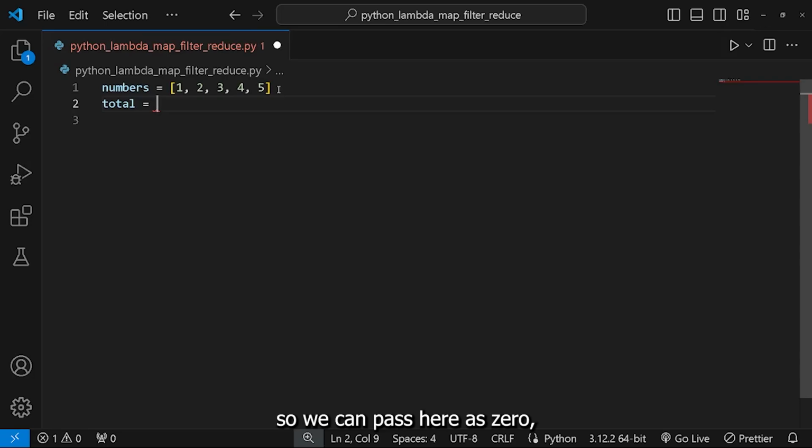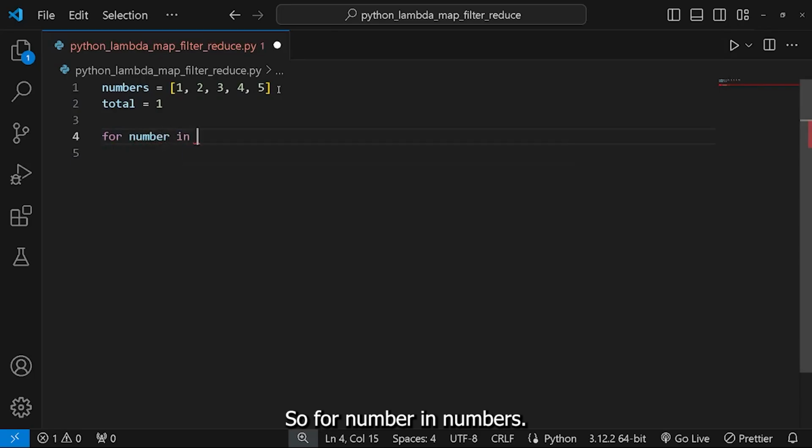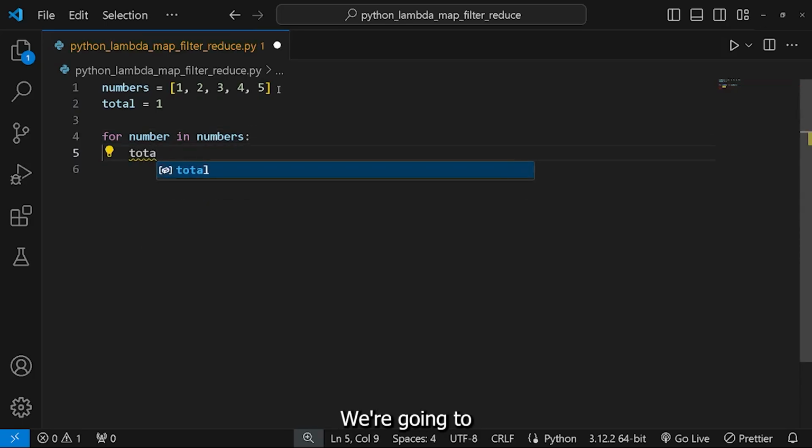So we cannot pass here a 0 because if it is multiplied by 0, it would be total to 0. So what we can do is we can use a for loop. So for number in numbers. So basically, we're going to loop through each of our items inside of our list. Next is what we're going to do. We're going to access the total